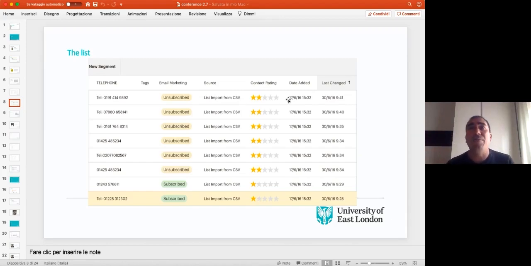So this is what you have to do. Every time you go to a fair, to an exhibition, to a conference, you get a lot of business cards. The business cards usually are in the closet, or you take a picture of the business card that is in your mobile. But you're not using the business card and the data. There is a lot of data in the business card professionally. You're just archiving. Archiving is not using. You need to use the data, not to archive it. So you need to create a list, and you can create a list inside your Mailchimp.